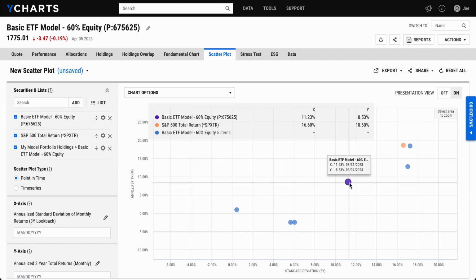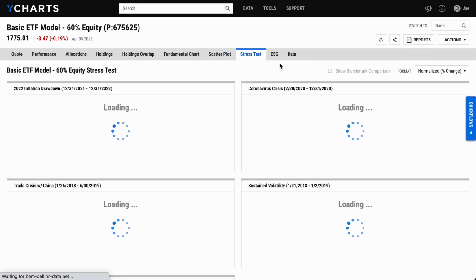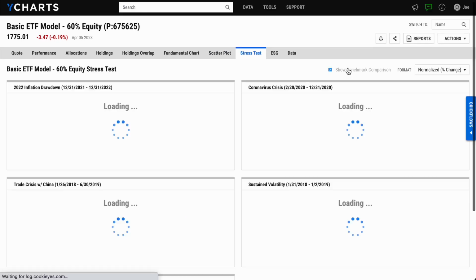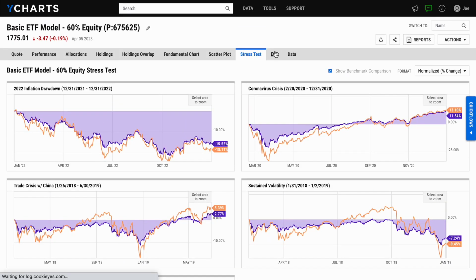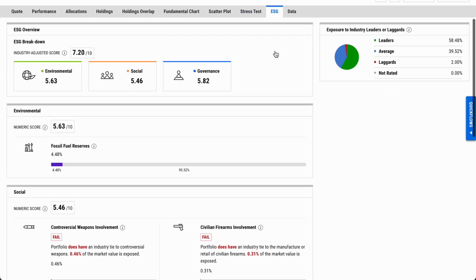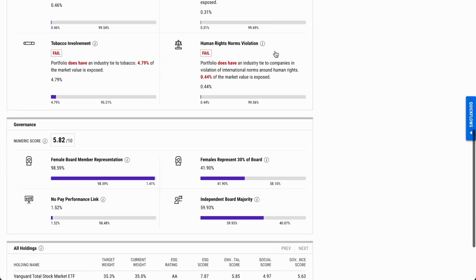individual holdings affect portfolio level metrics, as well as stress test any model against historical events, again with a benchmark comparison. There's also an ESG data tab that can be used to gauge how well your model's underlying holdings score